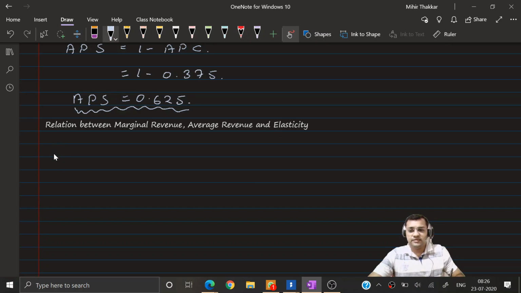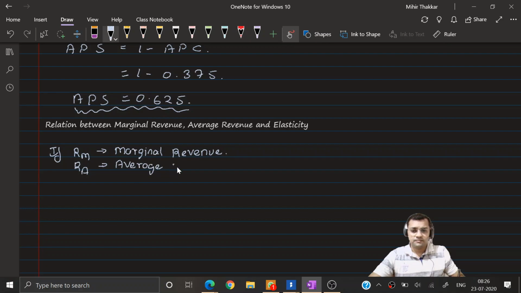If I say that RM is our marginal revenue, RA is the average revenue, which can also be called the price, which we had seen in our previous class, and if eta is the elasticity of demand,